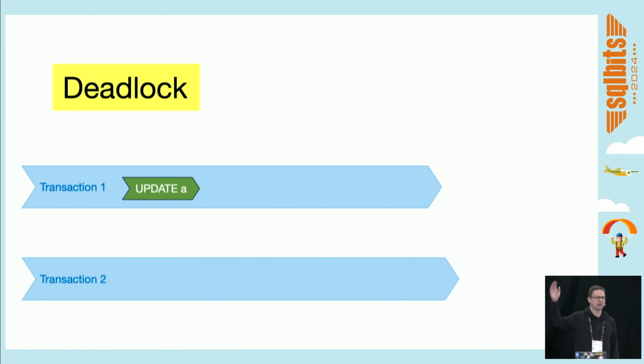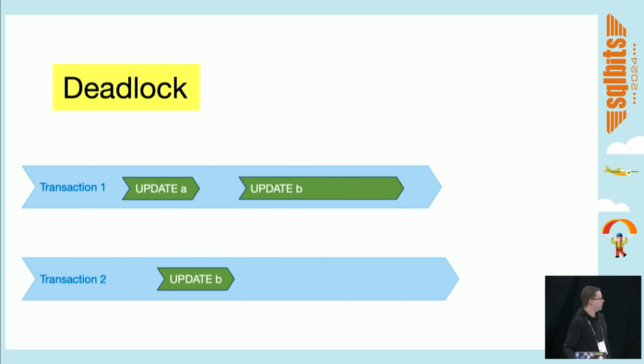So what is a deadlock? Anyone know? Yes, you've all had them. Imagine, if you will, again, the bank account example. We're withdrawing money from account A. We're reducing the balance on account A. We intend on putting that money in account B. Meanwhile, in another transaction, someone is already withdrawing money from account B. What happens in SQL Server is now you're placing locks on these things that you've changed. So we've locked account A, and we've locked account B because we've updated the balances. We don't want anyone else to be messing with it, right?